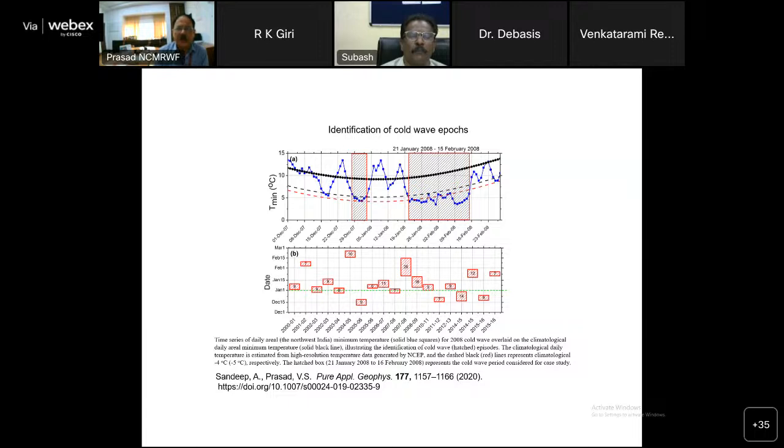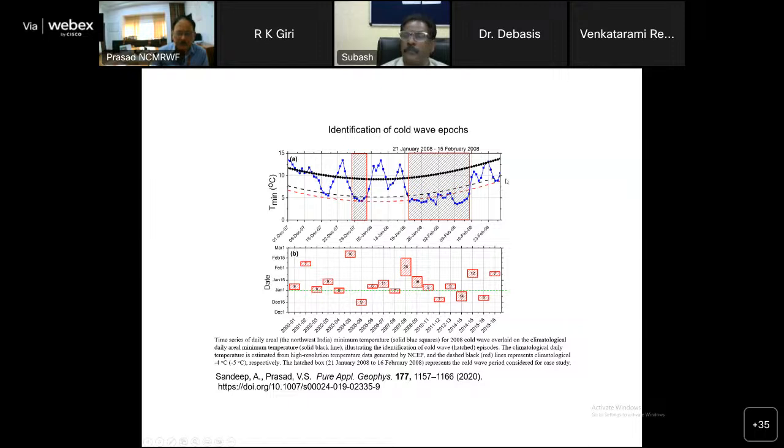We have studied some heat wave cases during the re-analysis period, and this particular figure shows the heat waves that are identified based on the IMD and WMO definitions. The heat waves are being identified. How well they are identified: this red line shows